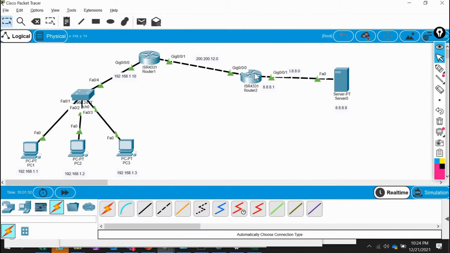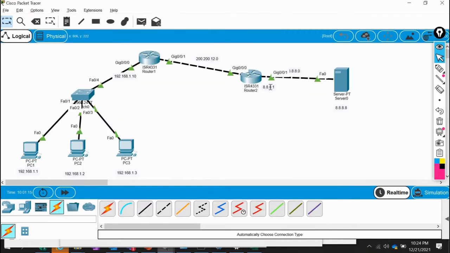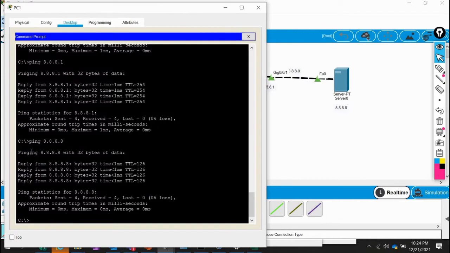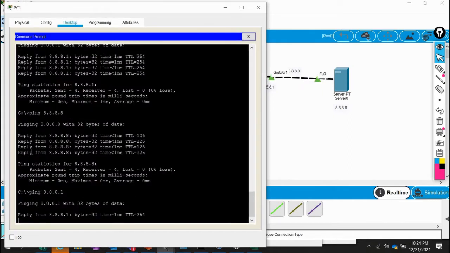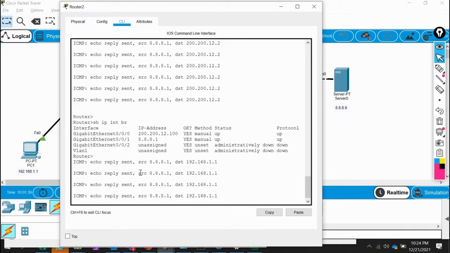So what happens with debug ICMP? Whenever any ICMP request hits that router, it gives you a message like this one. Whenever we hit this IP address 8.8.8.1, it will give a message like this. How will it give it? Let me try to ping 8.8.8.1. If I ping it here, you will see that it automatically shows this: echo reply sent,